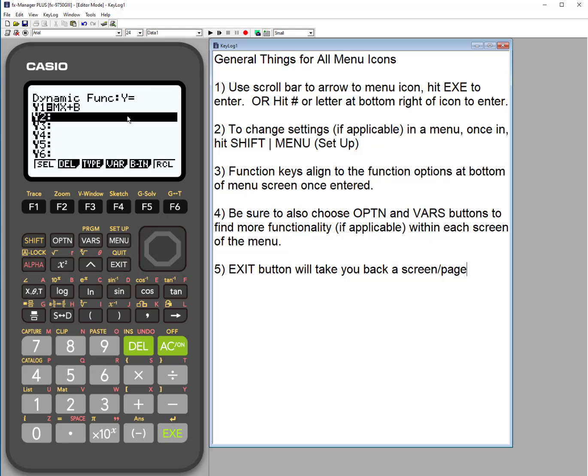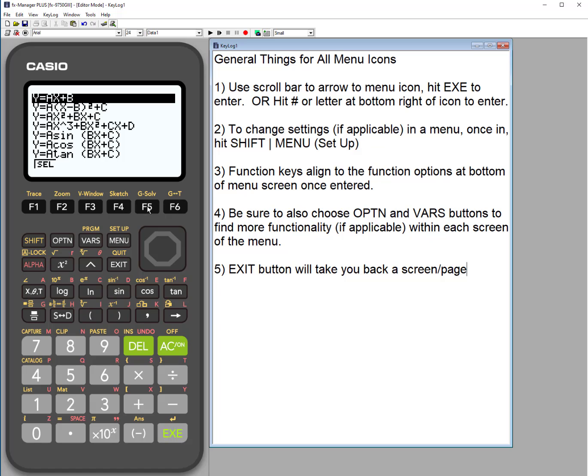So we're going to go all the way back. I entered this one by hand using my own variables, but this button right here, built in, allows you to choose your built-in variable, so you don't have to actually type it in. So notice that you have a nice selection here. Here's linear again. It's using A and B instead of M and X. Here are 2 different forms of the quadratic. Then we've got a cubic. We've got some trigonometry ones. So there are some built-ins that you can use.